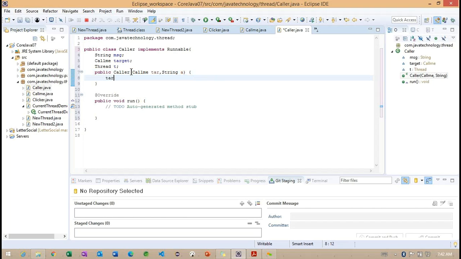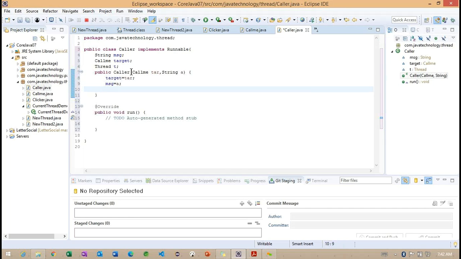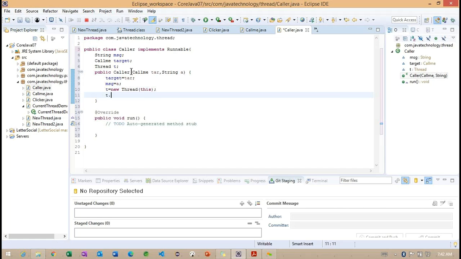After this, target equals target, message equals a, and t equals new Thread, passing this. And we are starting the particular thread.